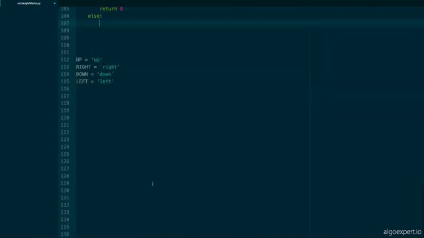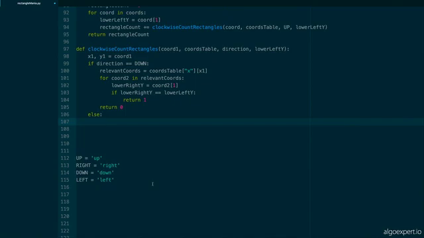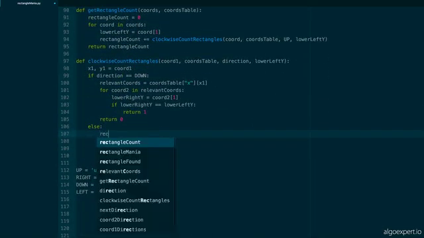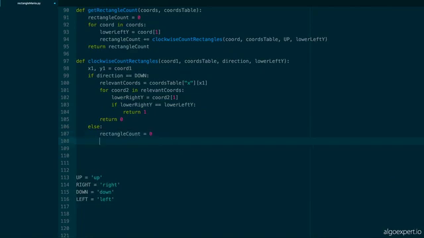So here this is going to be something along the lines of we have to count the rectangles. It's sort of like the previous method where you kept track of the rectangles. So let's see. Else rectangle count equals 0. And here we have to handle things. We have to handle the direction that's going up or right. So I guess we'll do if direction equals up, then relevant chords is going to be, we're also looking here